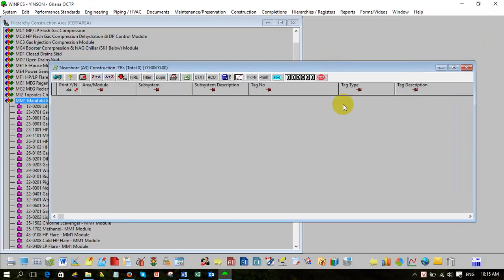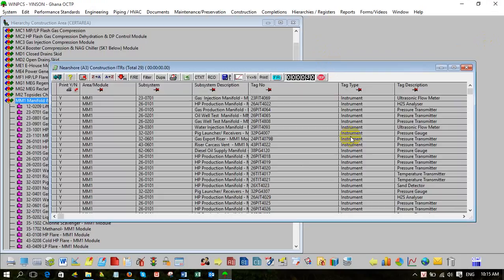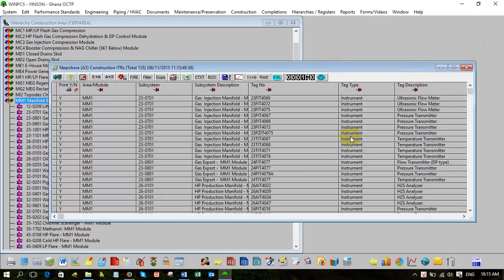If the color is still red, sometimes the report is fast, sometimes the report is slow, depending on the internet. If you see the report still in red color, it means the report is still running. So you have to wait until you see this blue color. If you see this blue color, that means the report is complete. It's ready for you to take out. Total now for MM1, MM2, I got 135 ITR. For now, the number will go up slowly, maybe a few hundred more. We cannot enter with the rest color. Because I only do the instrumentation, I only got 135.